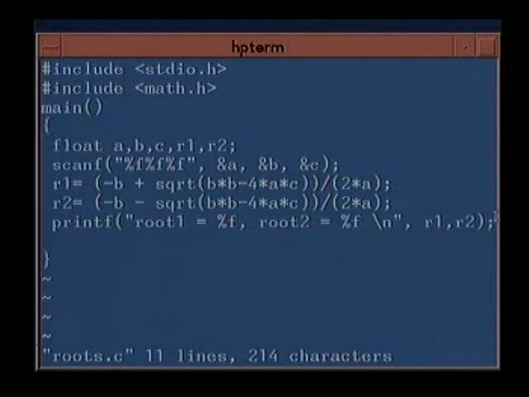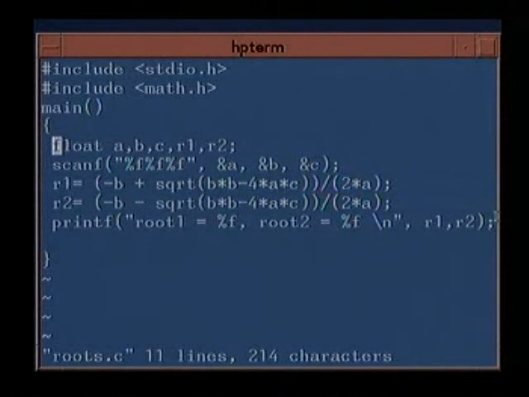So inside this main program, I have now declared float a, b, c, r1 and r2. Float declares a real number, a floating point number. Like int declares an integer, float declares a real number. Semicolons, as I did not mention, semicolons break up statements.